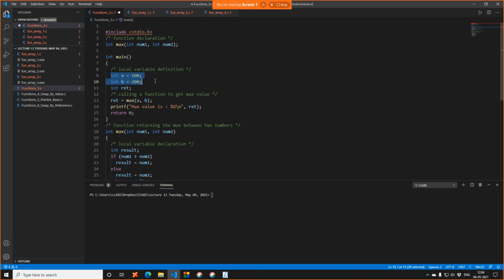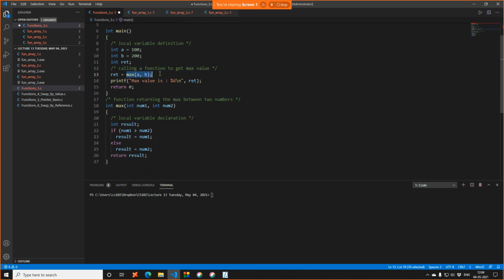So I have two values a and b, which are 100 and 200 respectively, and I have an integer to hold the return. So what I'm doing is calling a function max(a, b), right? How do you know it's a function? You have the round parentheses. Since you're calling this function with two parameters a and b, immediately the compiler will jump to this function.